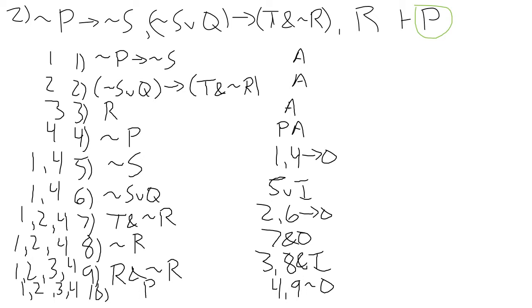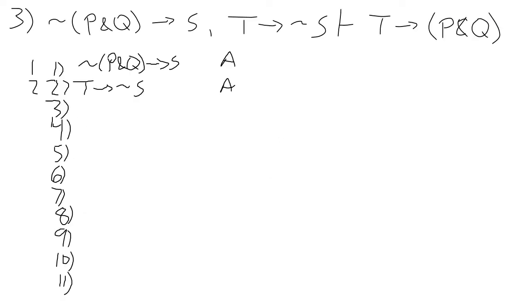And the 4 will drop out because we're doing tilde out, and that's problem 2. In problem 3, our main operator in our conclusion is a conditional, an arrow, so we know that we're going to look to assume the left side and look to derive the right side. So we're going to assume T,